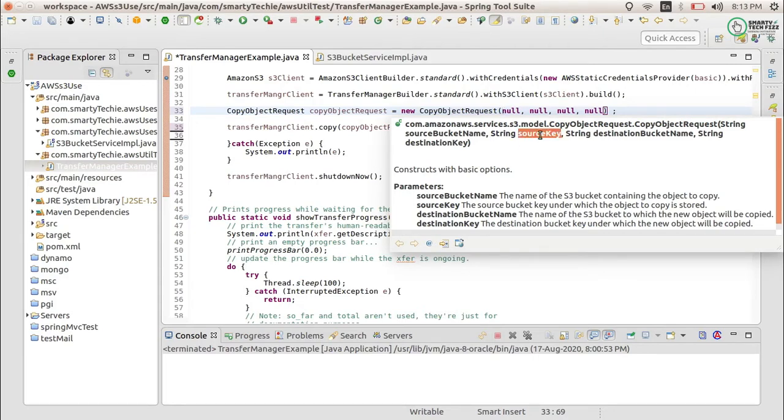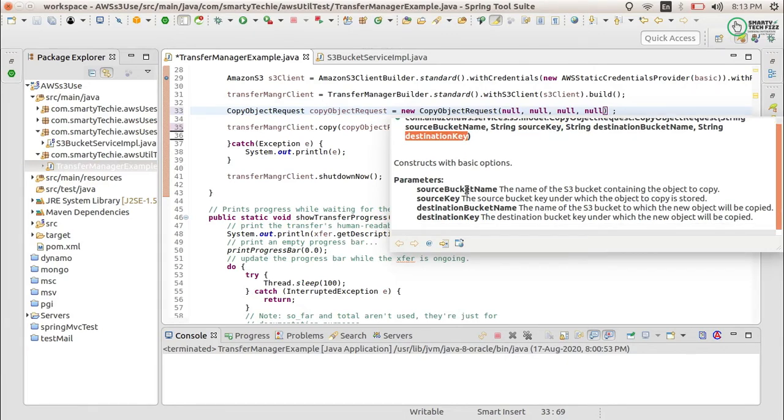The source key is the key under which the object to be copied is stored, that means your file, the object which you want to copy. Now this is the destination bucket name, the bucket in which you want to store it, and this is the destination key, the new object where you want to copy it.